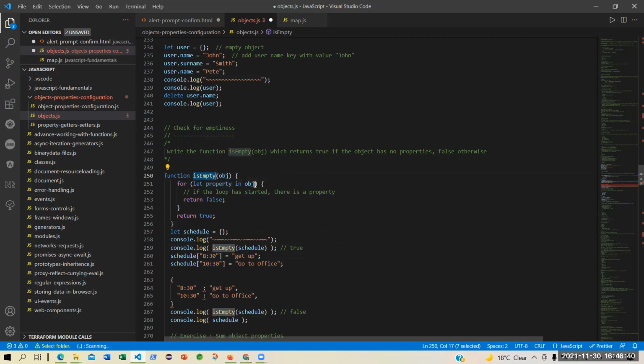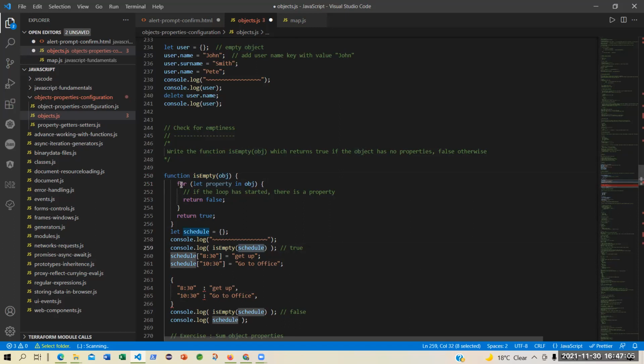Give any name, but you must give it whatever has been given here. So just mention the name of the parameter here. That means that is the object. Now you are sending this object schedule that is corresponding to this obj. So in this function, obj is nothing but schedule. Fine.